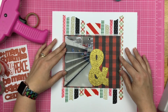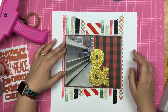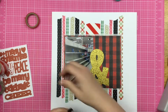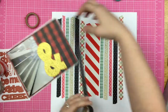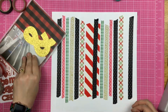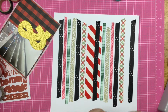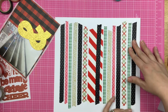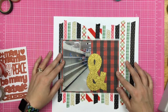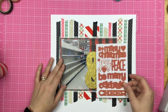Things are not exactly where I thought they were going to end up, so I need to do something here. I'm just trying to figure it out. So I'm like, yep, you know what? I need more washi. That's what needs to happen. And then I'm like, yep, that black washi that I had layered is going to go there again. And I decided I wanted to have that black washi at the end of my layout, so I needed to bring in another washi tape here. And I decided that the green was probably going to be my best option, so we went ahead and made that happen. And now, the huge photo mat that I made is layering just a little bit better